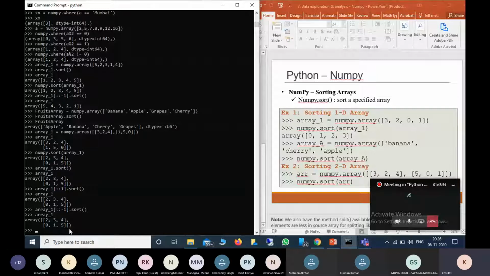Okay, and one more thing we can do is sort by using the axis. So for example, if you want to sort along one dimension of the array, what you can do is array of 1 dot sort array of 1 comma axis equal to 0.